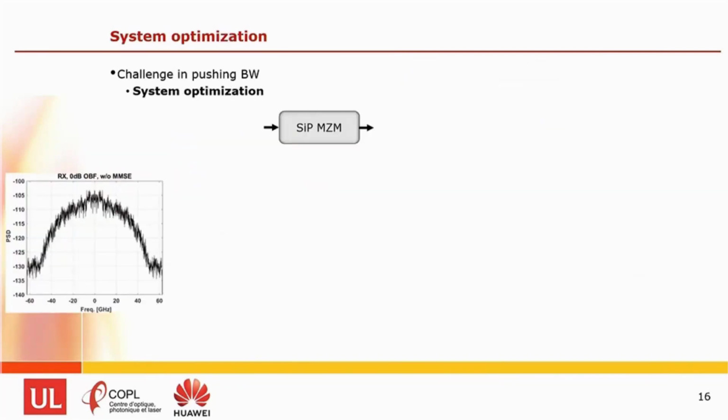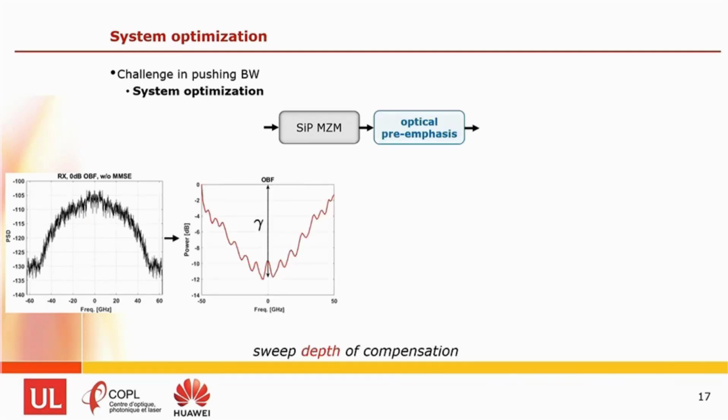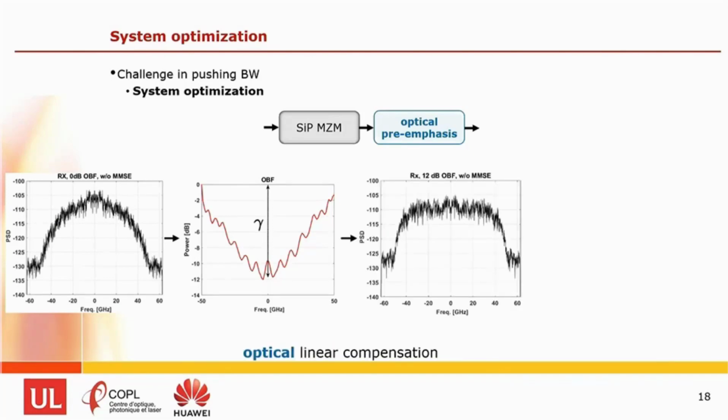So because of this, I'm going to have to attack this both in terms of linear and nonlinear compensation. The first thing we do is we attack the linear. I look at my modulator and I say I'm going to add an optical linear equalizer. I look at the depth of the response I can put into my optical filter, and I vary that. I sweep the depth, and I find something that looks pretty good.